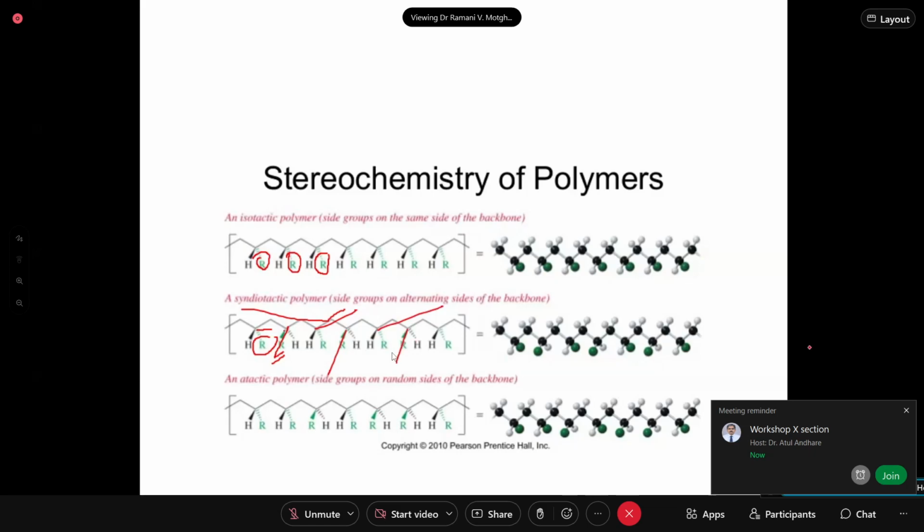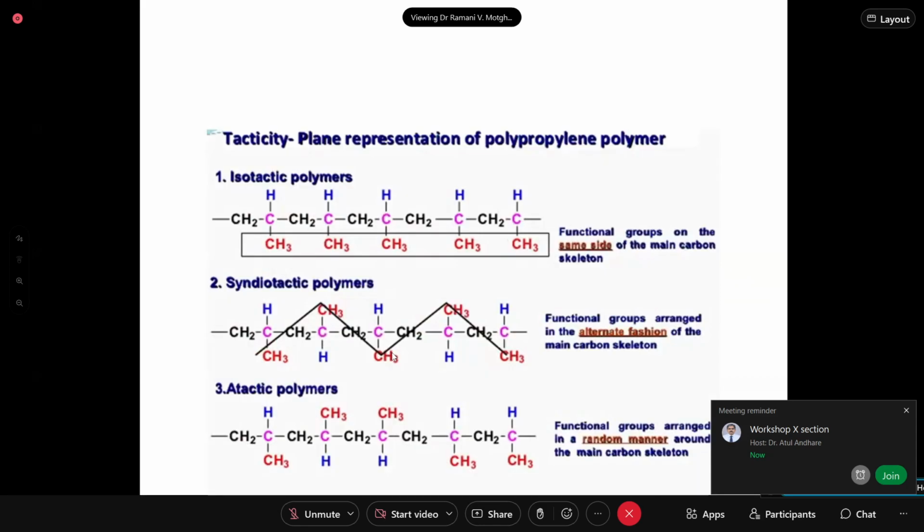So this is syndiotactic. Example of this is gutta percha rubber. And the example of isotactic is your PVC. Okay, then atactic is polypropylene, mostly polypropylene, but polypropylene also, depending on the polymerization condition,